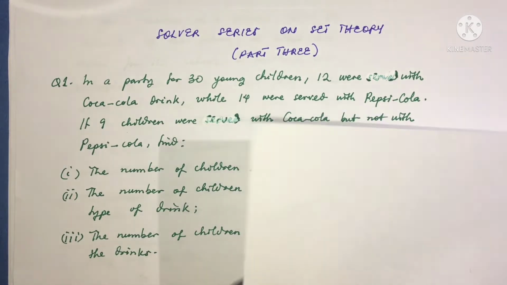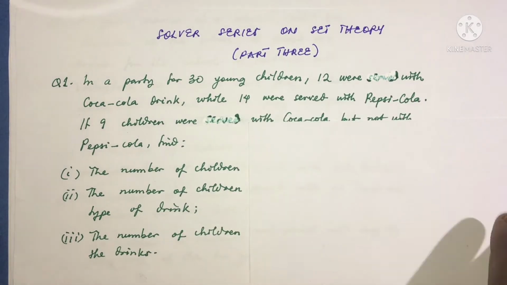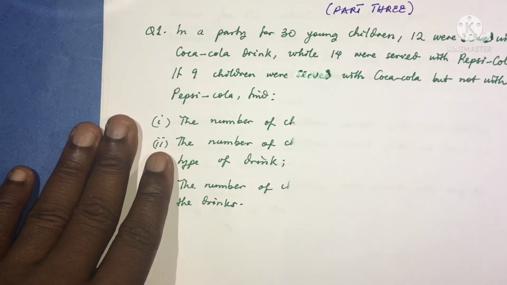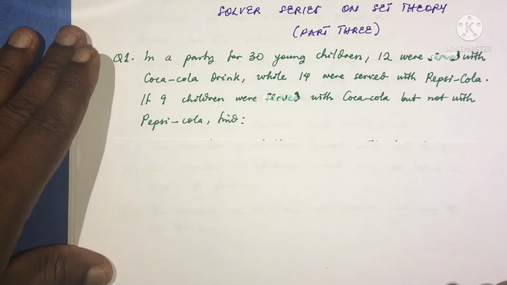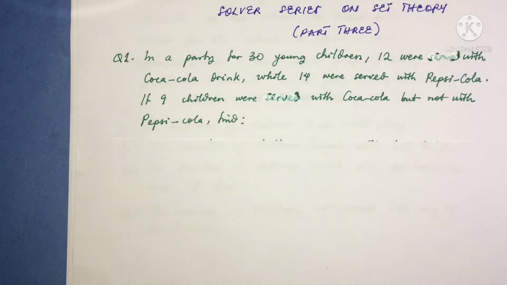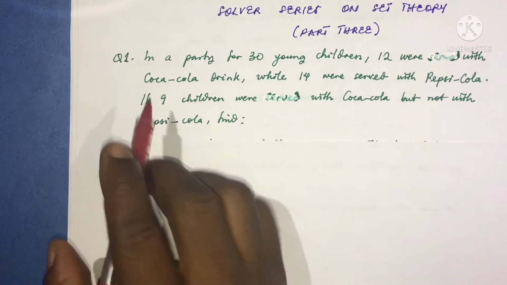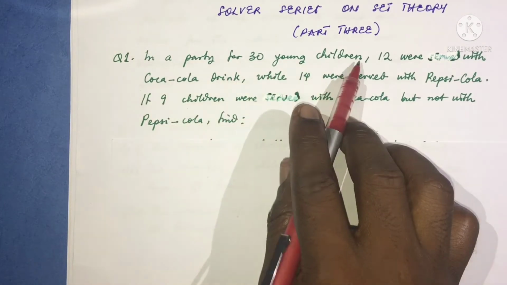So let's begin. Now, I'm going to start with interpreting the problem. I've always advised that students should start with interpreting the problem before solving. So let's start. In a party for 30 young children,